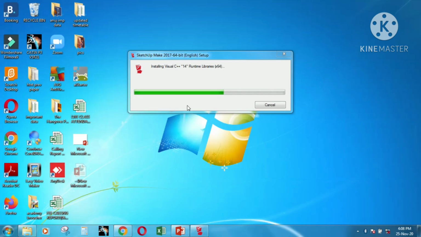These are the supporting files you need to run the software. It will take some time. As you can see, the green line is showing the process is going on.